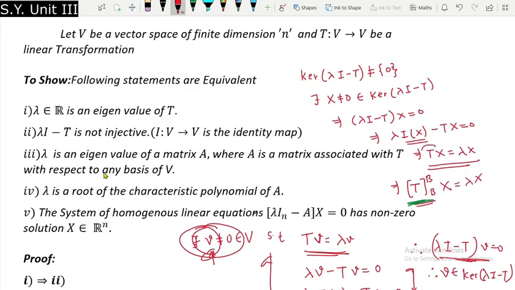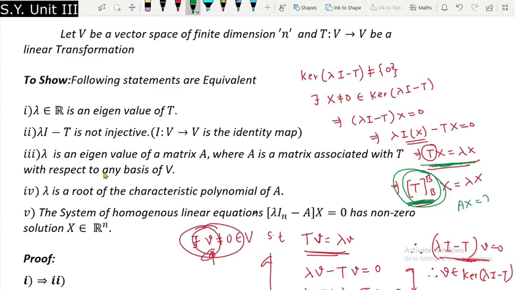Is that okay? Simply T is replaced by the matrix representation of T. Since the linear transformation is satisfying this, the matrix representation of T with respect to any basis is also going to satisfy that. Okay, and I am going to call this A, and therefore we will get Ax